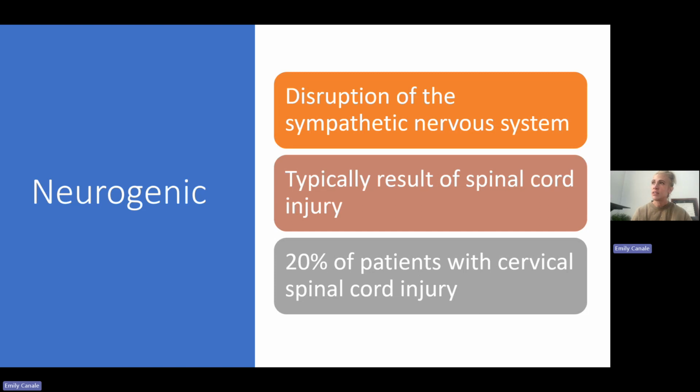He was out in the garden, and he stepped on a garden hoe and it hit the back of his neck. And he was completely paralyzed from his neck down. And he essentially went into a state of neurogenic shock, and with that orthostatic hypotension, what a lot of these